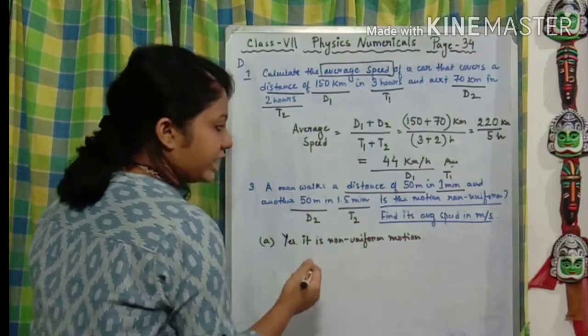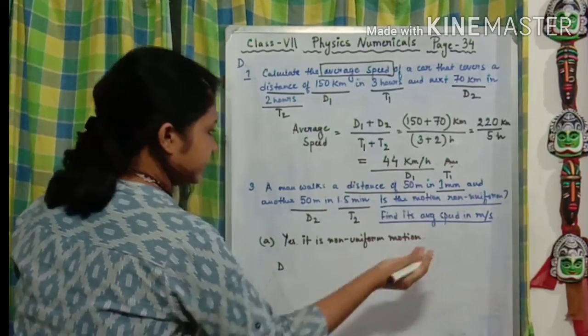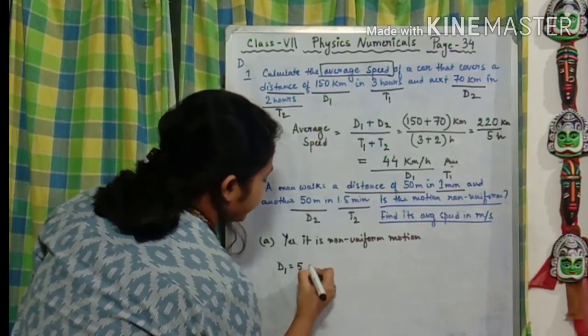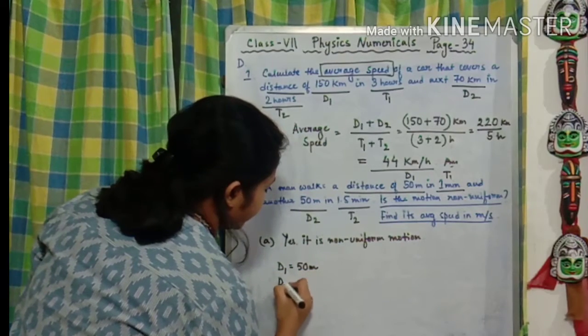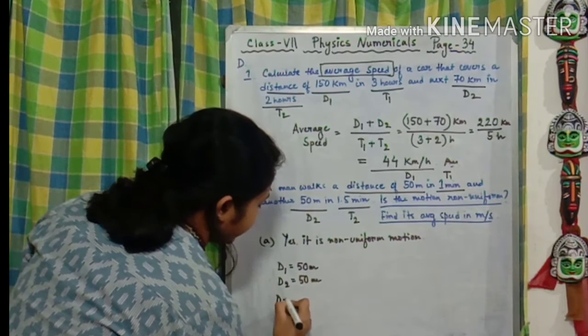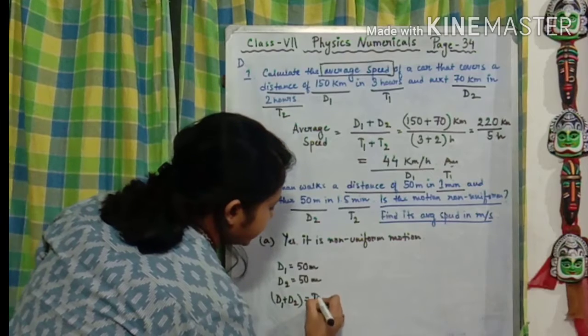We have to find it in seconds. So first we are going to write down the distance and time whatever has been given to us. So D1 is 50 meter. Once again D2 is 50 meter. So sum it up, D1 plus D2, that means total distance